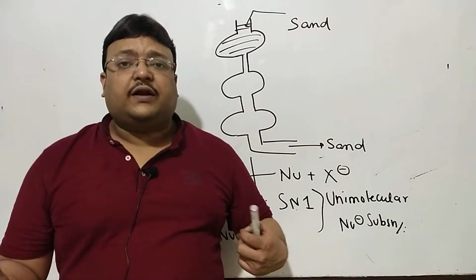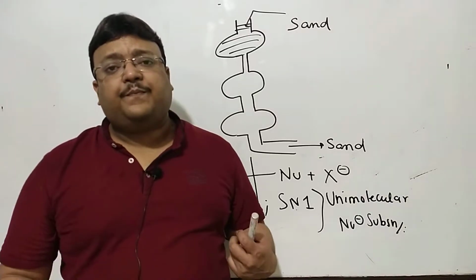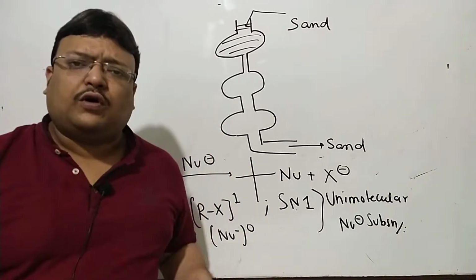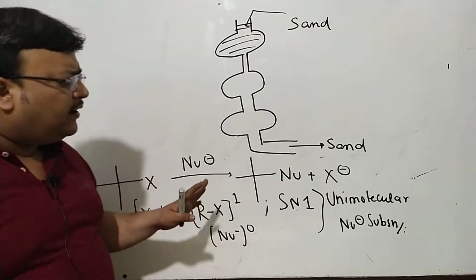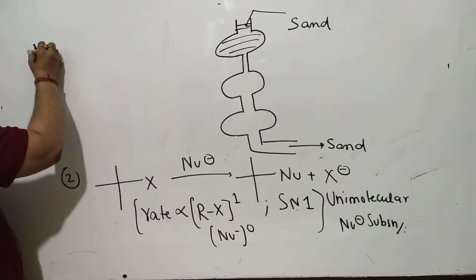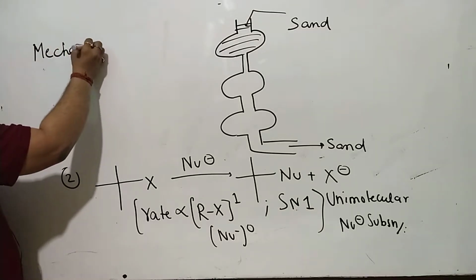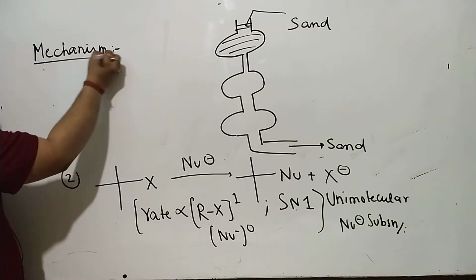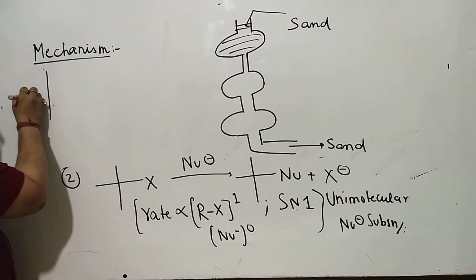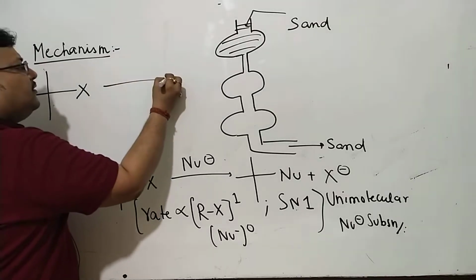If a particular reagent doesn't find place in the slow step, if a reagent is working only in the fast step, then naturally उसके साथ order 0 हो सकता है. So while taking up the mechanism of SN1, we'll keep this in mind, and the mechanism would be step 1, which